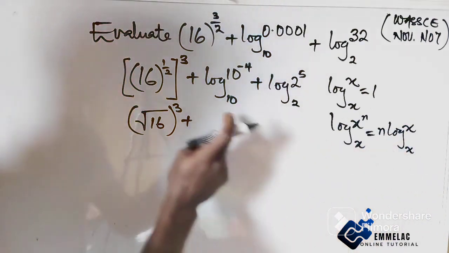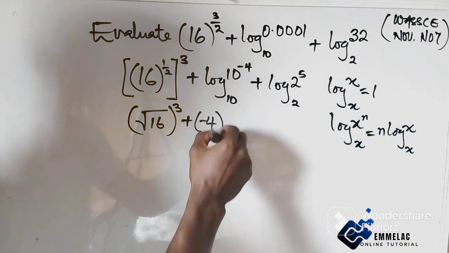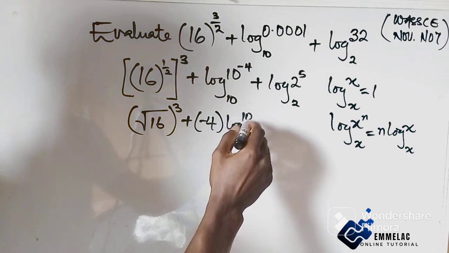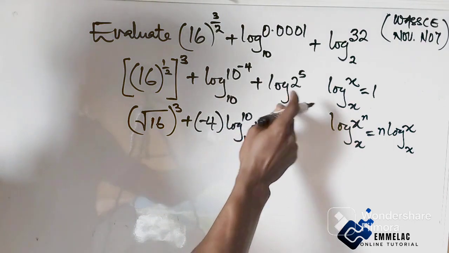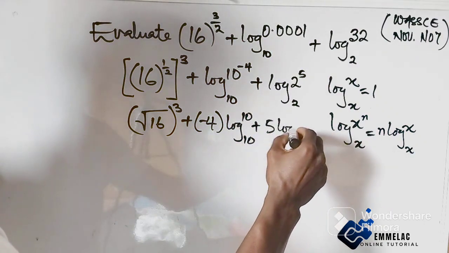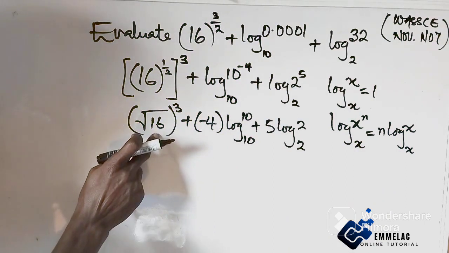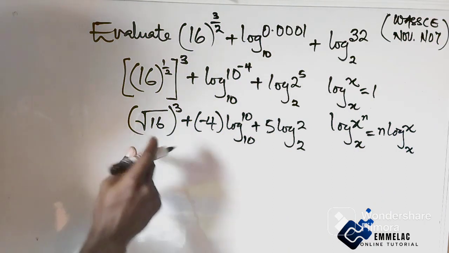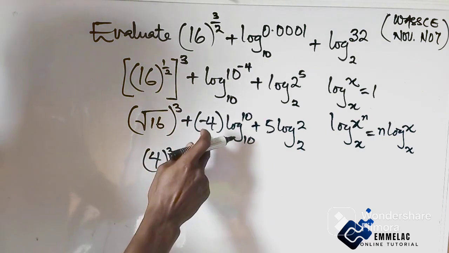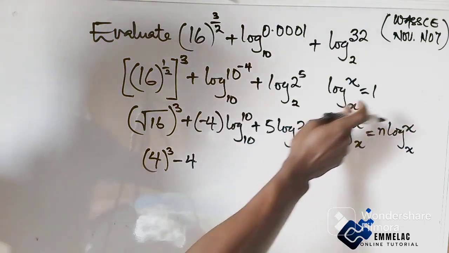So let us bring this over to this. So here we have minus 4, log 10 base 10, the same principle as this. You have 5 log 2 base 2. Alright, with this now we can know that the square root of 16 is 4. So we have 4 to the power of 3, now minus 4. Now this equals to this